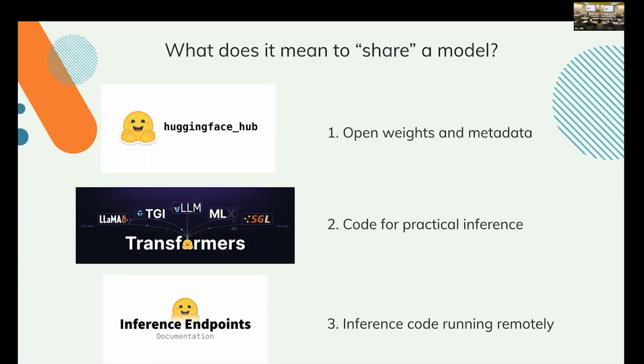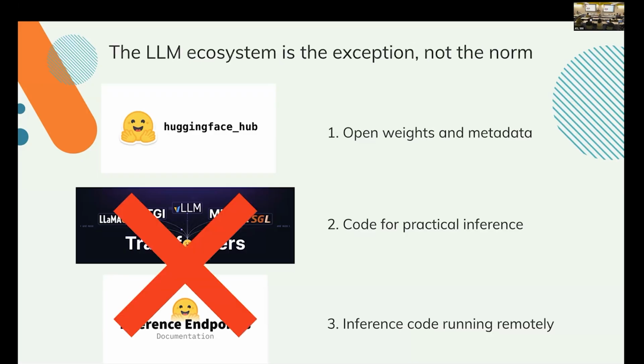Finally, the final level of sharing: have it ready to run. Hugging Face Inference Endpoints and a bunch of other products and startups do this for LLMs. This gives you an idea of what it means to share. Unfortunately, most models that aren't LLMs don't have level 2 and 3 ready and pre-made. So a lot of the complexity and difficulty in Garden is making it at least more straightforward than it would have been otherwise for users to package up this practical inference code and this networking and serving infrastructure